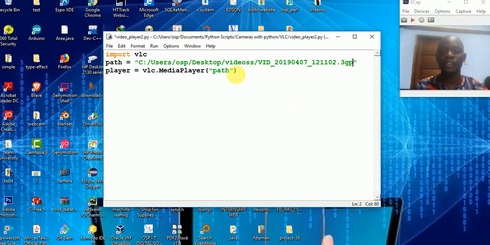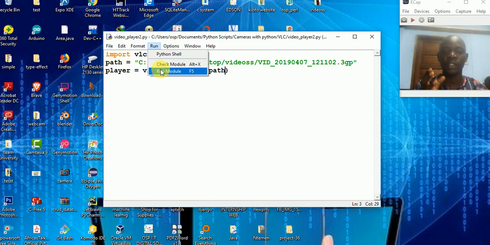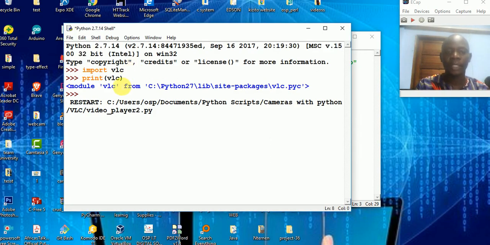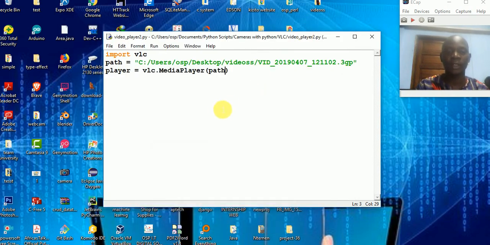Now in simple terms, since we already have all those, what have we declared? On this side we declare the path of that video. So I remove that and paste it there. To test whether things are working well, let's just run the project from there. I hope there's no error. That's it. But remember, the video can't play because you have not commanded it. Just with that line of code, we already have our player set up. Now we just need to say player.play if we want the video to play for us.